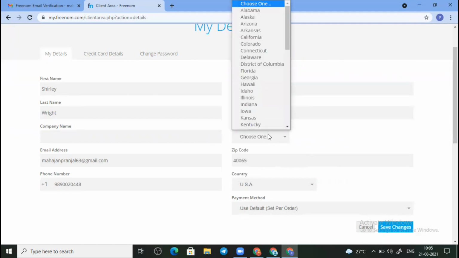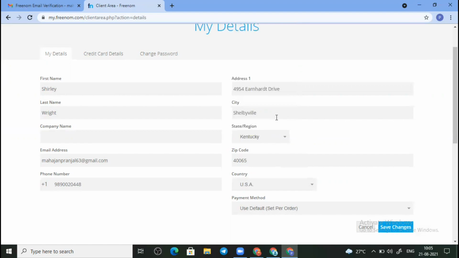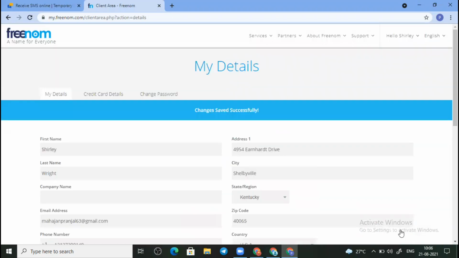I have also mentioned a link in the description through which you can find out US dummy phone numbers, address, name, and all the necessary things that you need to fill in the account information of Freenom, and just click on save changes. Now they have told that changes saved successfully. It means now all the details are updated.